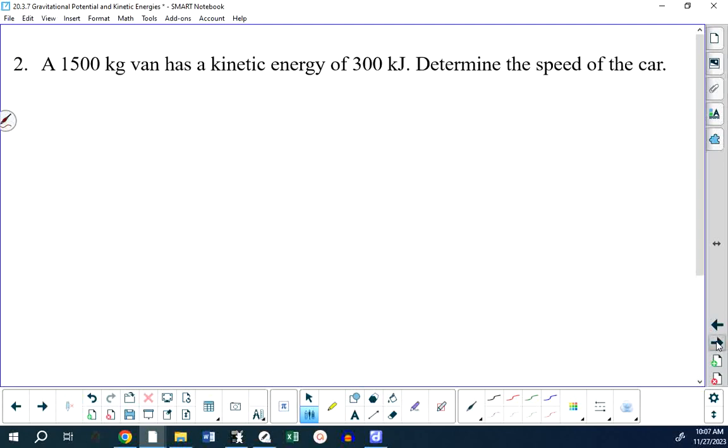Okay. A 1,500 kilogram van has a kinetic energy of 300 kilojoules. What's the speed of the magical vehicle, which all of a sudden changed from a van to a car? What's the speed of the vehicle? Well, you're going to take this formula EK equals 1/2 mv squared, put in the 300,000 joules, put in the mass,